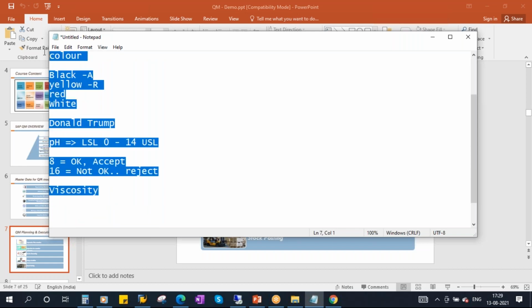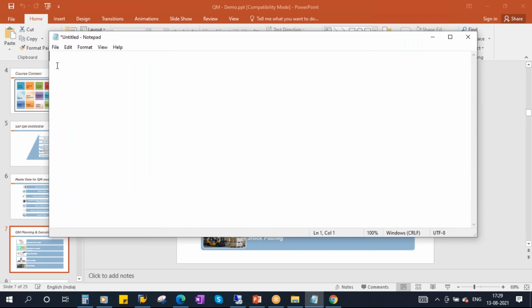So what I will do, I'll just remove everything. Suppose, let's say the same case, hydrochloric acid solution. For this, what parameters does he have to check? I'm just giving an example. So you have to provide that list to him. Okay, so he needs to check color, then clarity, then he has to check pH value,